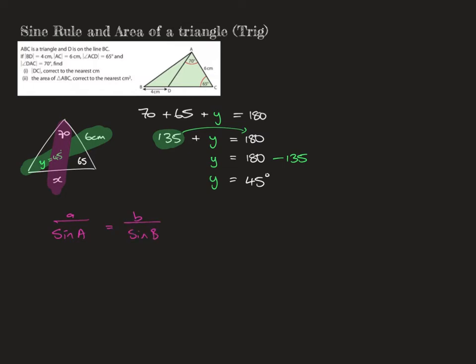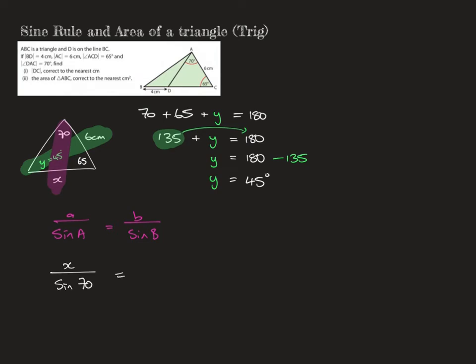Okay, like I said to you before, keep your unknowns in the first fraction if you can, just because it makes things easier. So I'm going to keep my unknowns in this fraction, and I'll fill in these ones first. So x represents the side, so x represents A, so I can put x in there for A. And I've got sine 70 as my denominator,